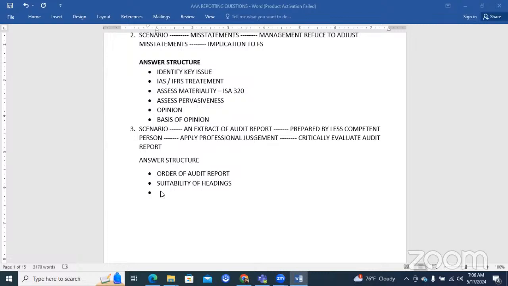Okay, see, the third point that we should check. These are the scope. When you are writing an answer, please check these things in that report. Then you can find points to criticize that particular report. So order of the report, suitability of the headings. Then we can see suitability of